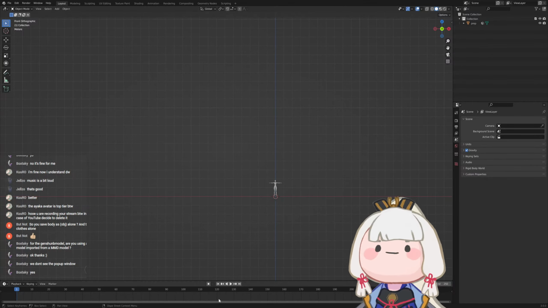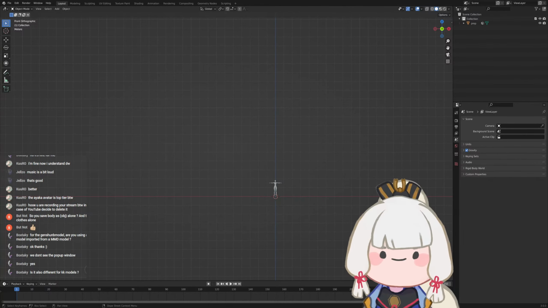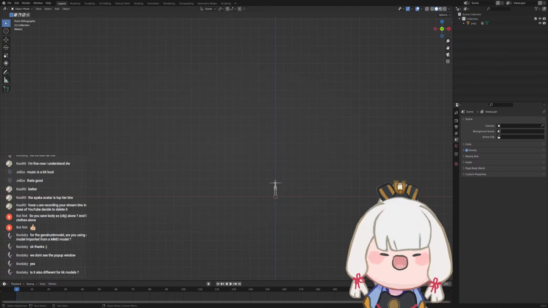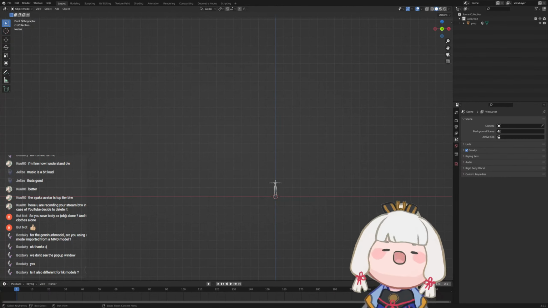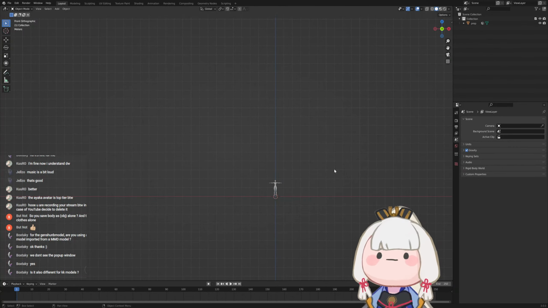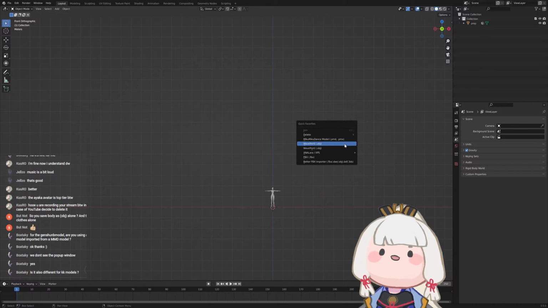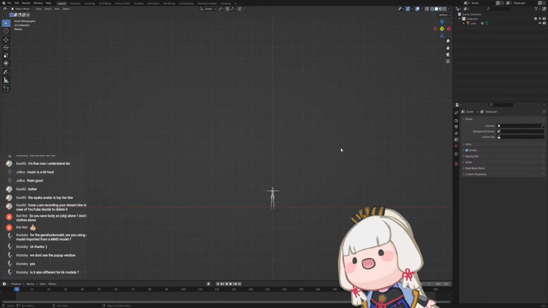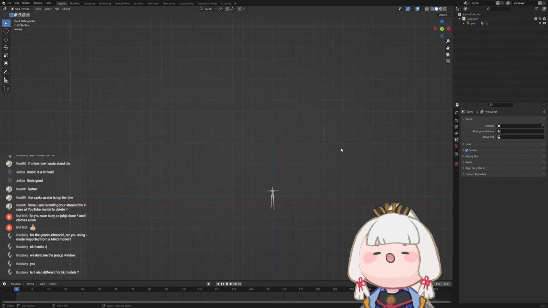Oh great, I forgot to add on the... Give me a second. Oh, it's very different for KK models. It's extremely different for KK models. For KK models, you're going to need a whole add-on. You obviously need Koikatsu. What it basically does is that